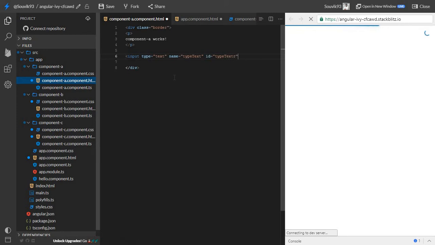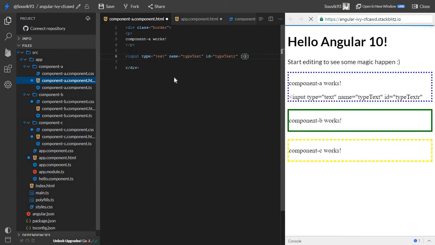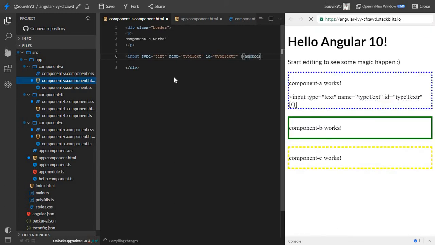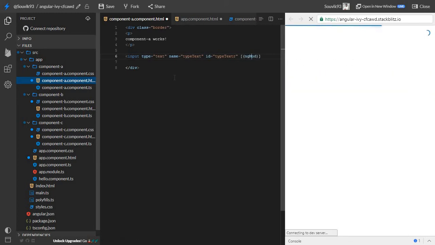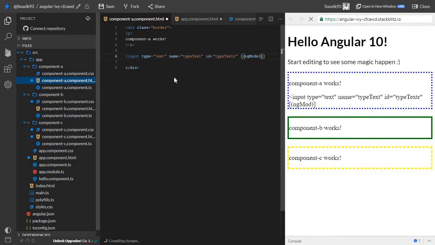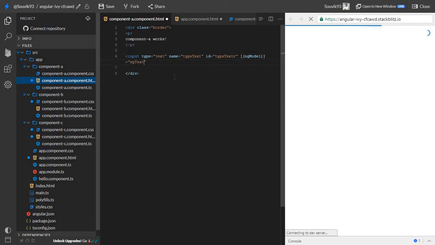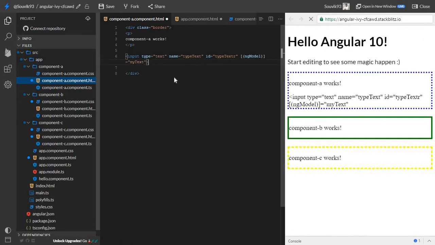I'm going to take one ngModel for the same, since I need to do two-way binding, and name it myText. I think that's pretty much it.